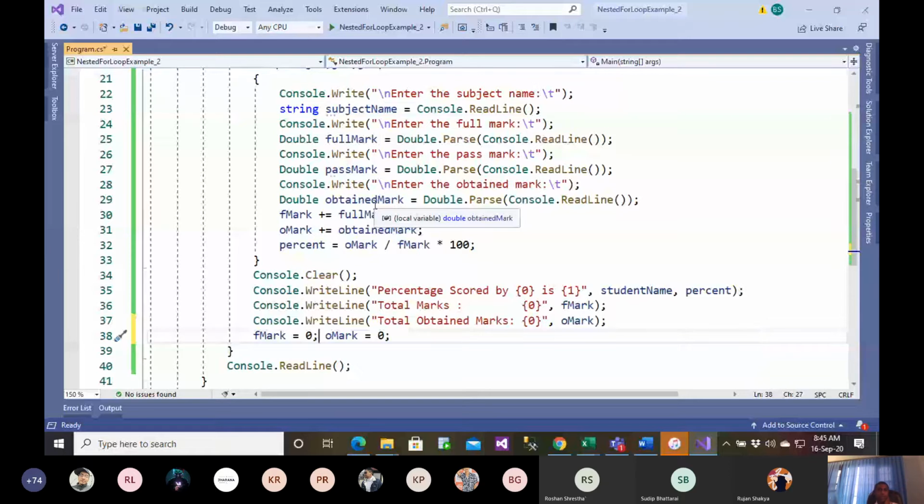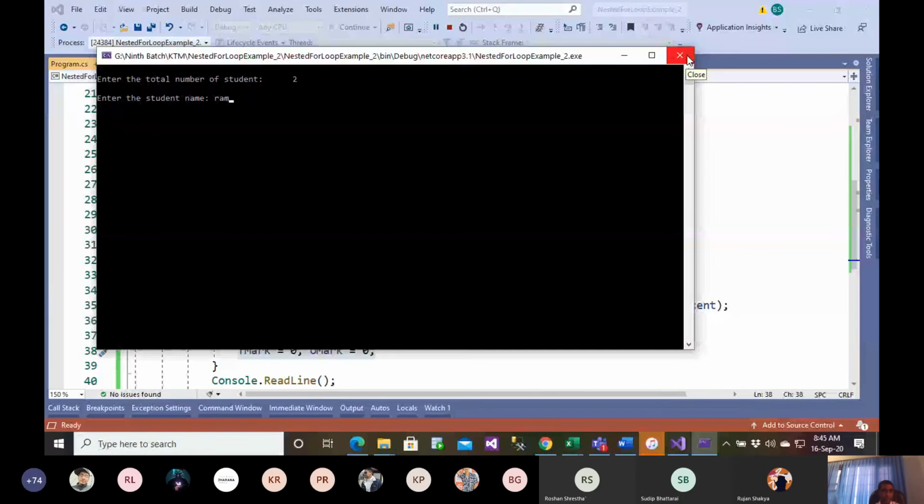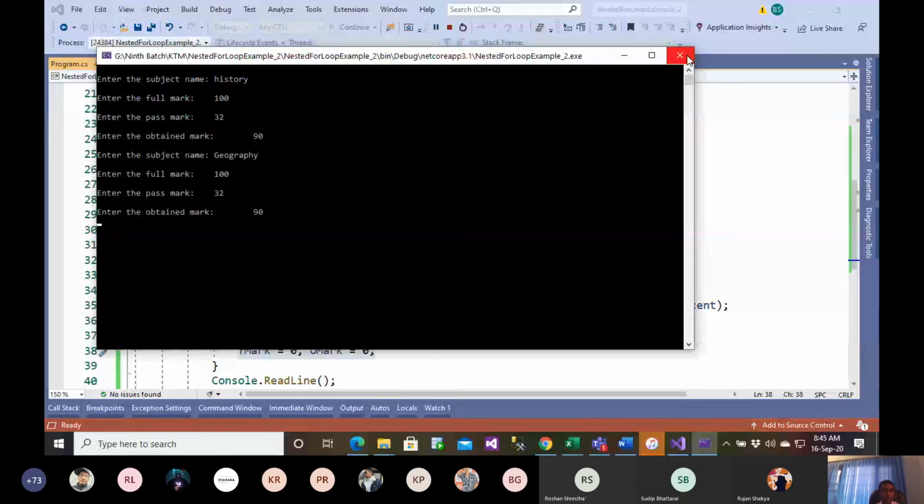Once I print all these values, let's see whether this works or not. Two students, Ram, 2 subjects, history, 100, 32 and 90. Again 100, 32 and let's say 90 again.